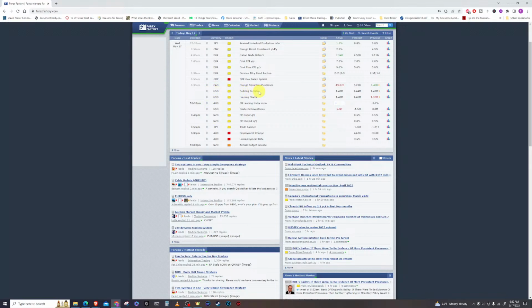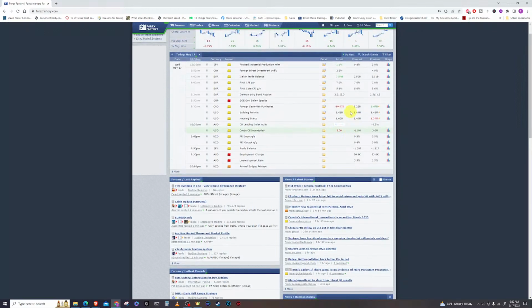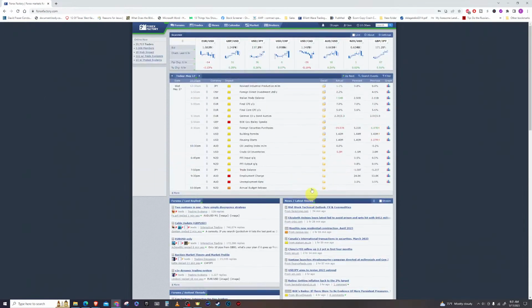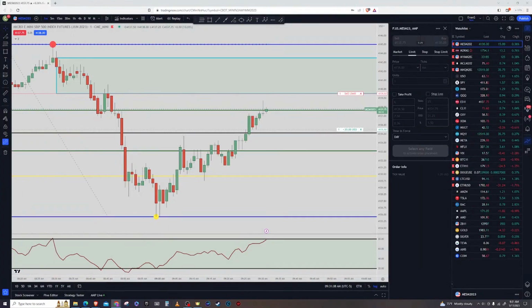Building permits, and it's not high impact. Oh, crude oil, that's what it is. Yeah, the inventories. They're looking for a forecast of a draw of 1.5, and they got a build up of 5. So that should knock the price down here. That's what we got. And is that the last thing for the U.S. market? Anyone speaking today? No, I don't think so. So yeah, that's what that's about.